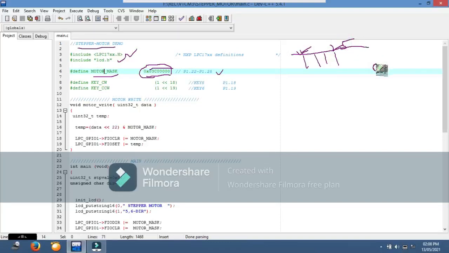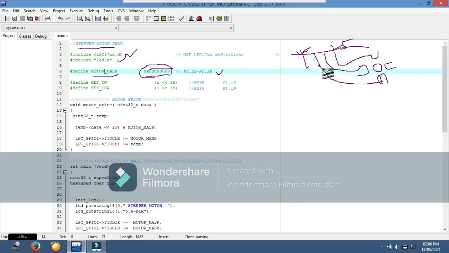The motor usually has 4 coils like this. These coils are connected to this port, each coil connected like this.